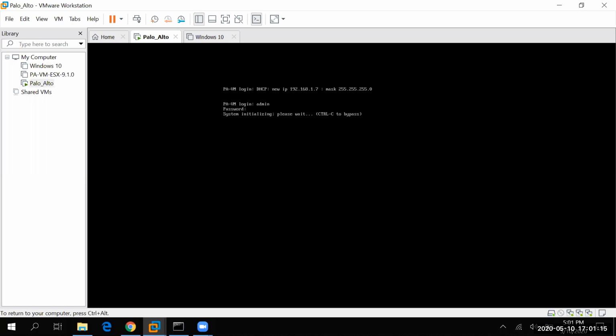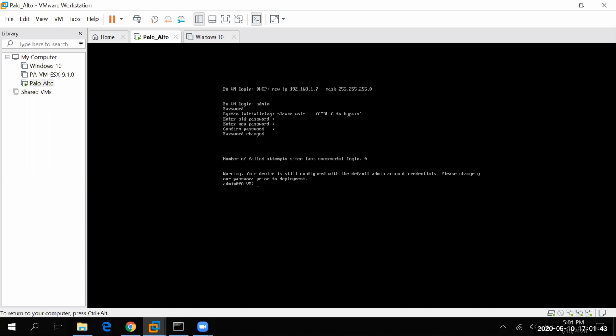Let me just try to log in and see if I get the login prompt. Okay. So now you will be able to see that I am able to log in, and now I am changing the password. Let me just tell you, the default username is admin. The default password is admin. Okay. You can change those. If you try to log in for the first time from CLI or from GUI, it will prompt you to change your password. So the older password will be your password, and the new password you can set by yourself.